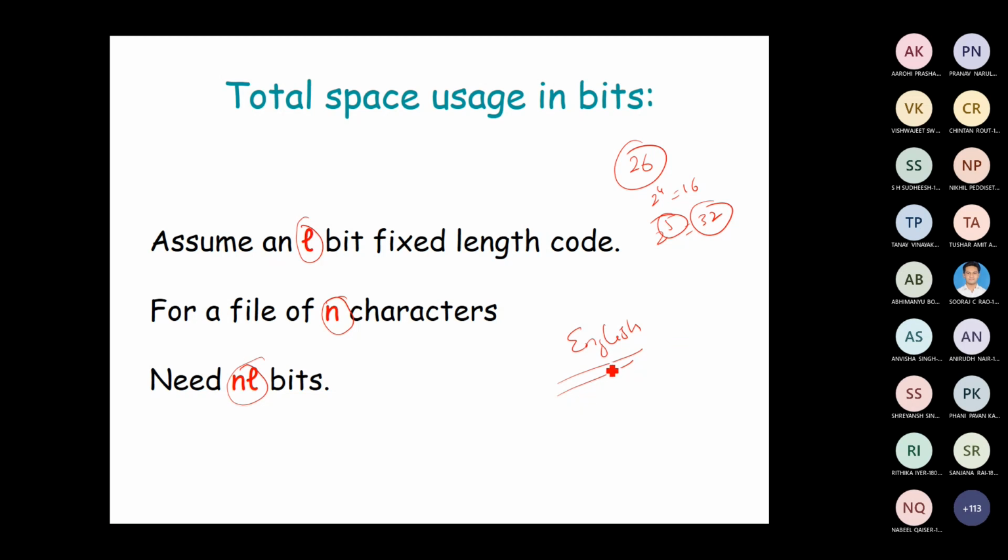The statistics are already available for the English language. If you consider a good number of characters in English and do the frequency analysis, you will come to know that the letter E is one of the letters which occurs more often compared to the other letters. I mean, the number of times E occurs is more compared to any other letter. Similarly, the least frequency is given to Z, followed by Q and so on. Is it right?